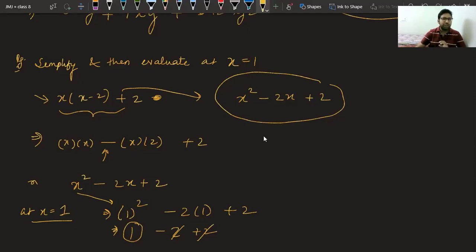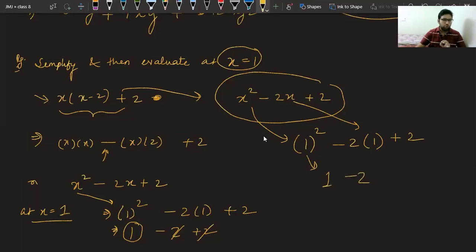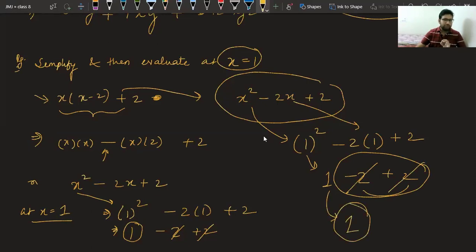Yes. Now, Srishti, we have to check at x equal to 1. So what will we do? We will put x is equal to 1 in the equation. So we have x square, that means 1 square. Then we have minus 2, then again we have our x, put 1 in its place, plus 2. Now, Srishti, you know 1 square is 1. You know 2 ones are 2. You know 2 is 2 only. 2 minus 2 is 0. What is remaining? 1 is remaining. And that is why the answer is 1 only.